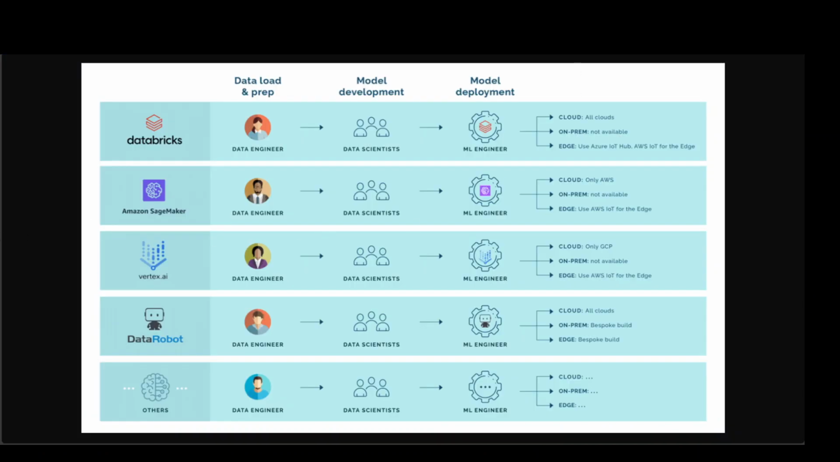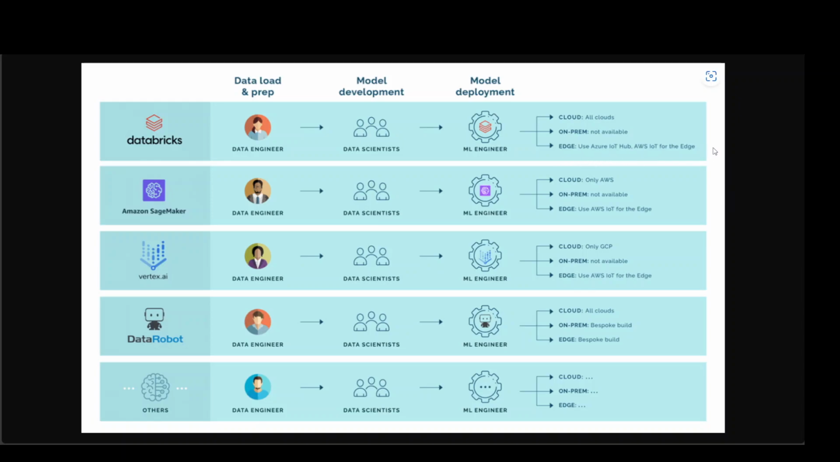Look at this example from Wallaroo.ai's website, and I will drop the link in the video's description too. Now what is happening is that, for example, in different organizations, people are using different tools. For example, some are using Databricks, where data engineers are loading and preparing the data, and then data scientists are developing the model, whereas the machine learning engineers are deploying it. If they are using Databricks, they can deploy it on all the clouds, but they cannot deploy it on-prem. And if they want to deploy it on the edge, then they would need to use either AWS IoT